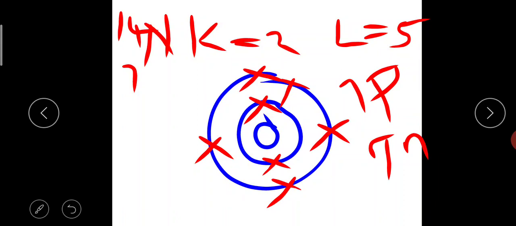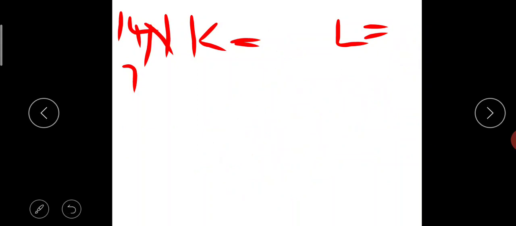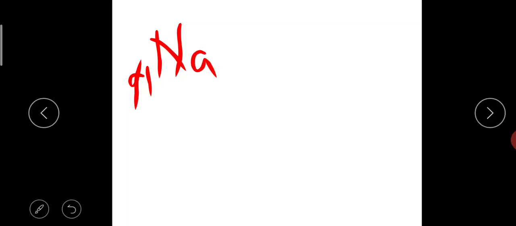First you have to find out the electronic configuration. If it goes more than 2 shells, if it is having 3 shells, let us do that also. Let us do it for sodium. Okay, what is the atomic number of sodium, children? The atomic number of sodium is 11 because it is represented as Na 11, 23. The mass number is 23. Okay, the atomic number is the important one for us.